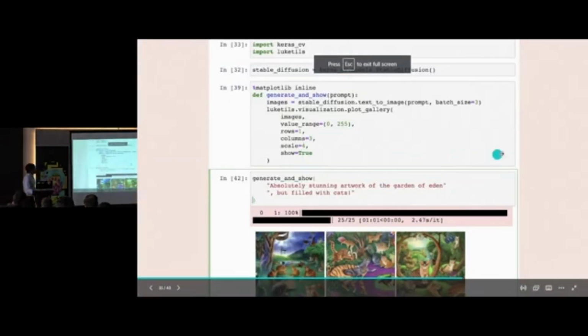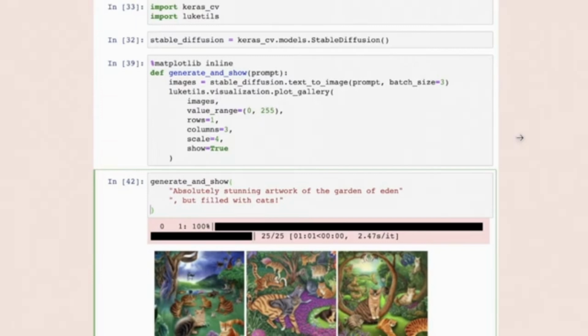All right. If you want to do the same thing in Keras, there's a Keras option. You just import KerasCV and the utils, and then you say stable diffusion equals cv.model stable diffusion. Just create an object, and then you have a method generate and show. You say stable diffusion dot text to image, and pass your prompt. There's a bunch of hyperparameters where you can change the batch size, the value range, and all that, but let's not go into that depth in the interest of time. So with generate and show, you pass in your text and you get the image. This is with Keras. You can do it with PyTorch and probably everything else on the market.